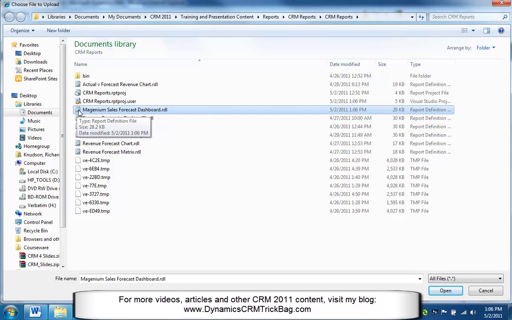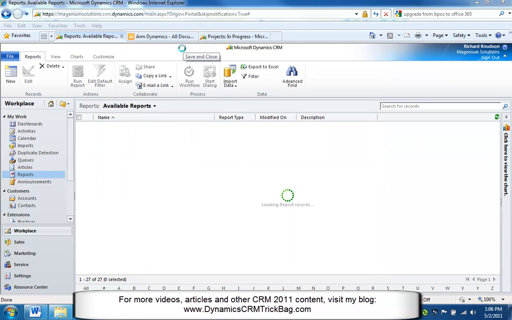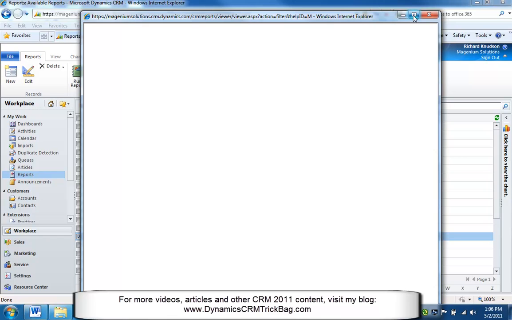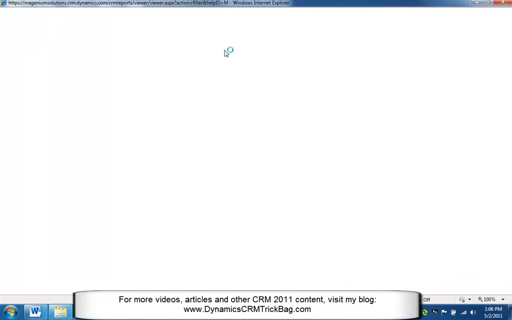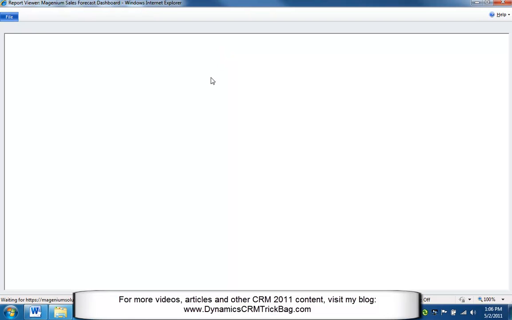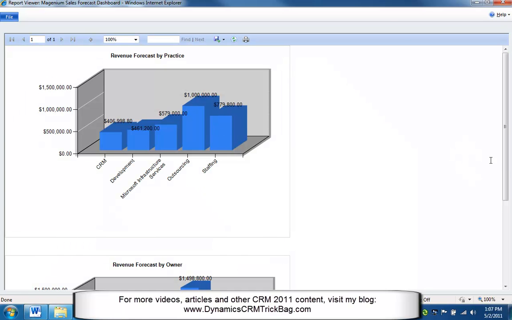Here it is, the Magenium Sales Forecast Dashboard.rdl. Open it up, do a save and close, adds it to the list here, and now I can run it just like a normal report. So now the user experience is that it's simply a normal report, but it's obviously going to look a little bit different once we get there because it's got lots of capabilities that you can't do with the out of the box. So here's my